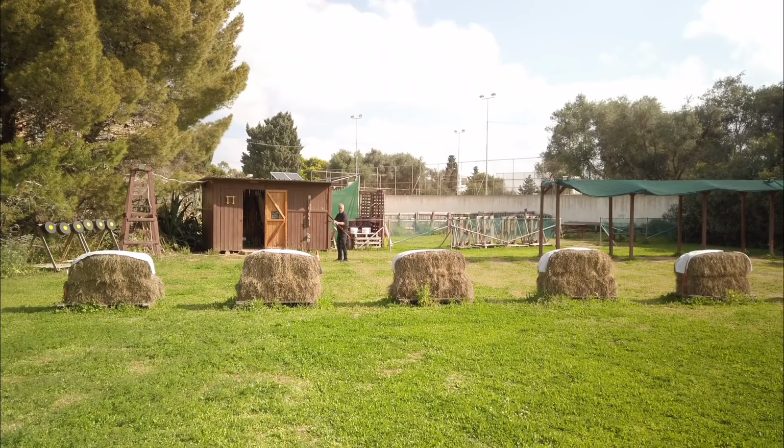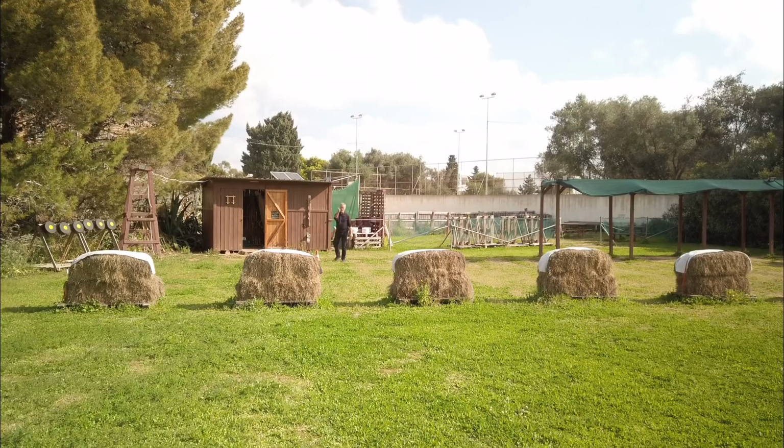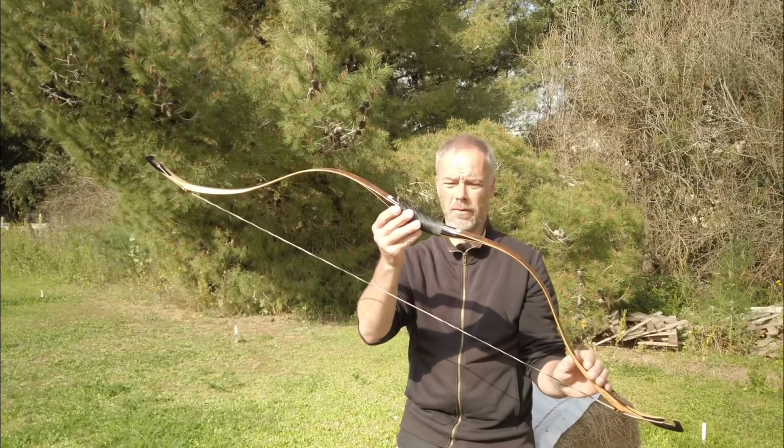20 meters, a breeze. Apply your techniques. String twist cutter, the arrow flies way more straight, way better. This bow does everything you ask for. When you shoot